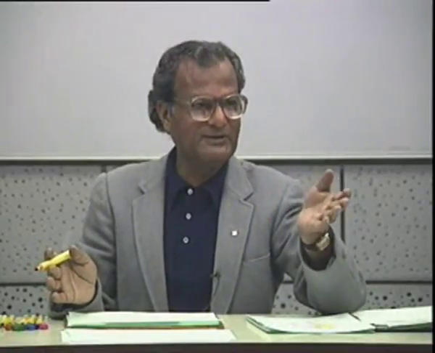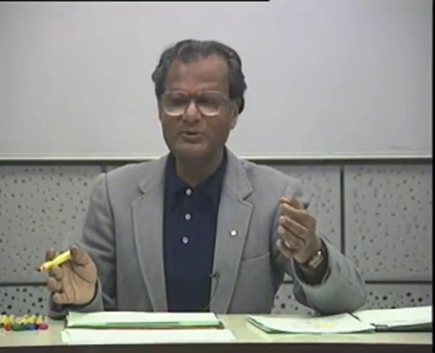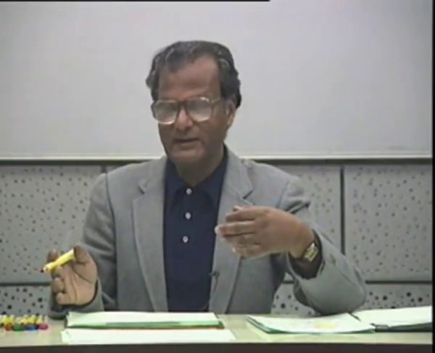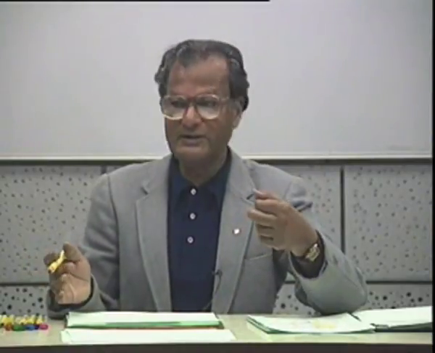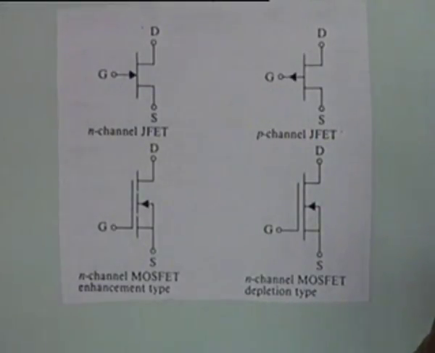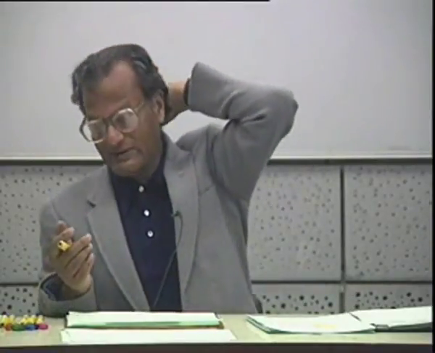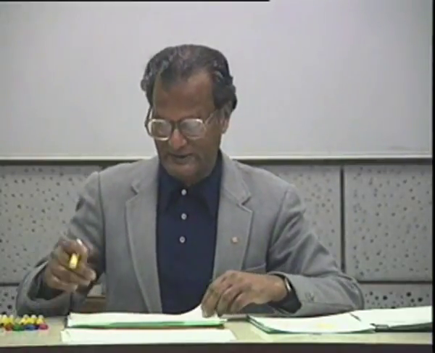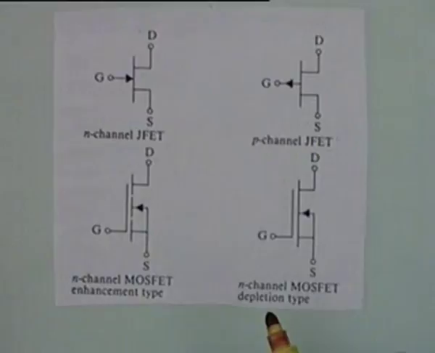On the other hand, in a bipolar junction transistor, the emitter region is more heavily doped than the collector region. The collector region is a much larger area because it has to dissipate heat. In a junction FET or MOSFET also, it is possible to have a drain part which is different from the source part, but usually they are interchangeable. They are not interchangeable in a BJT. In a BJT, the performance degrades considerably if the collector and emitter are interchanged, whereas it doesn't happen so much in an FET. For a P channel, the arrow points out.